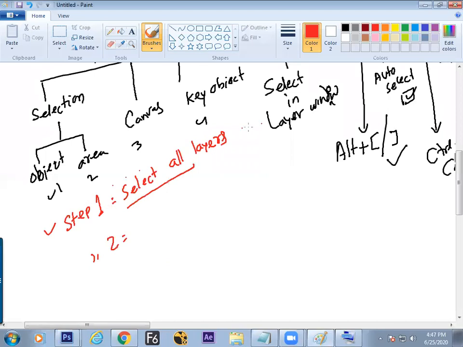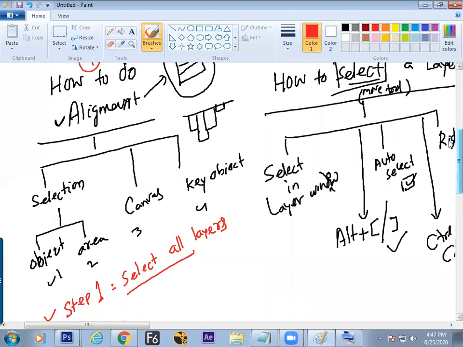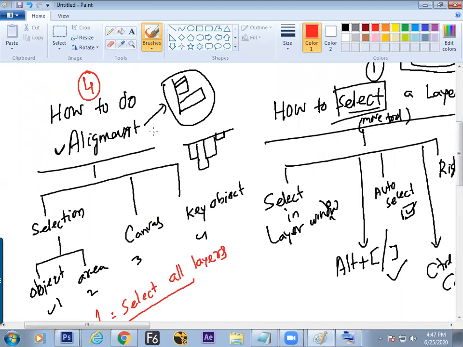Alignment is again of how many types? 6 edges are there. What is this 6 and what is that 4? These 4 are reference. And 6 are edges.